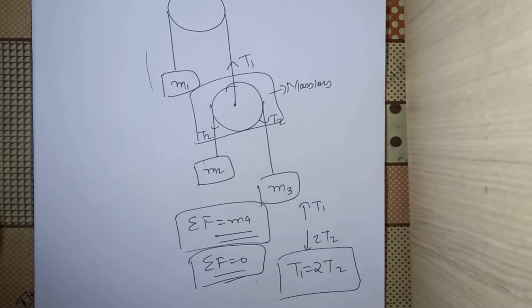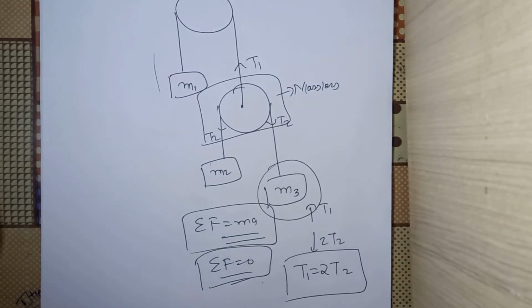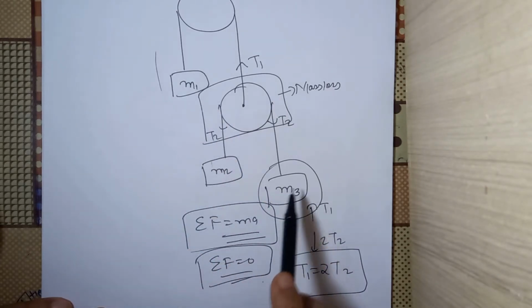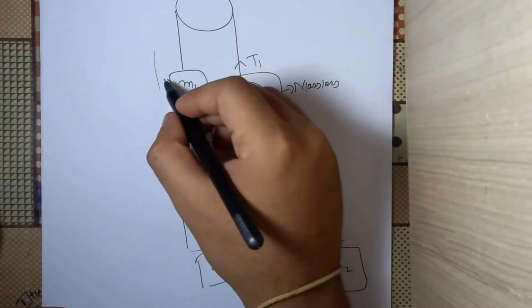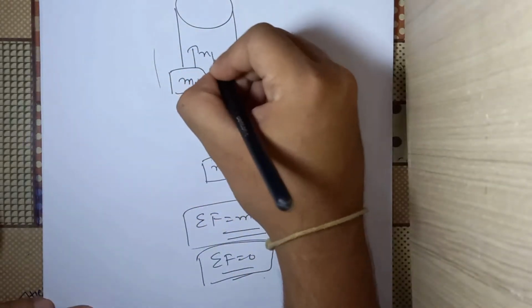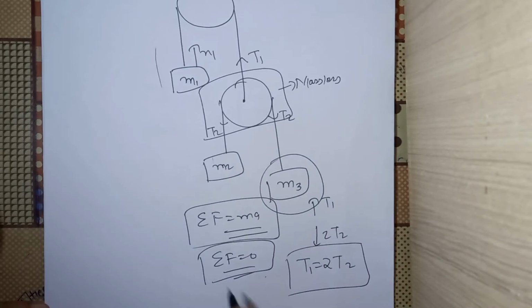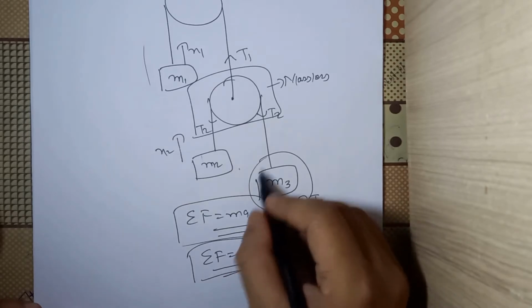Apart from this relation, how do we get relations between accelerations? Let us talk about that. There is one short trick, as I've already said, which we'll discuss later. Conceptually, how we do it is you can try to note the effects of movement of other masses on any one mass. Let us say that I choose mass m3, and I allow the free movement of m1 and m2. Let us say that m1 is moving in any random direction, let's say upwards by x1. Let's say m2 is moving upwards by x2. I will try to note what is the effect on m3.